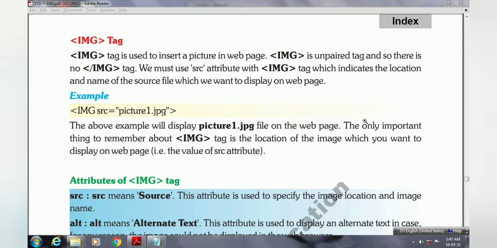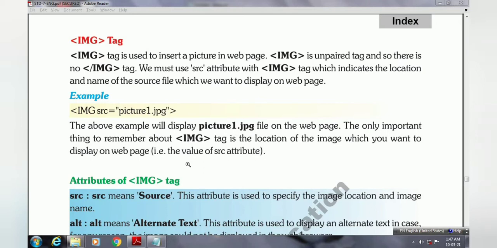The important thing to remember about the image tag is the location of the image which you want to display on a web page. You have to specify the location properly, and how to remove this location issue, I will tell you when we perform the practical.